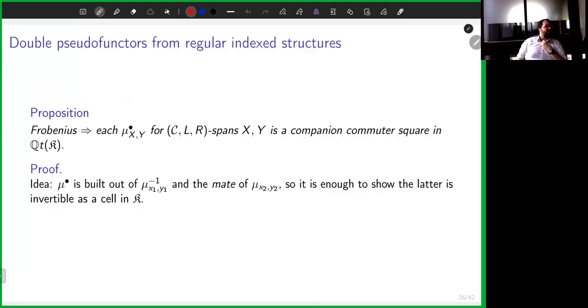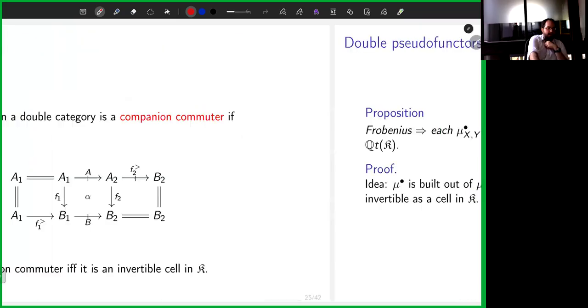Position, that's where Frobenius comes in. Frobenius implies that all of the mu dots of spans are companion commuter cells. So here's the idea. We saw that mu dot on spans is built from the mu's like this,